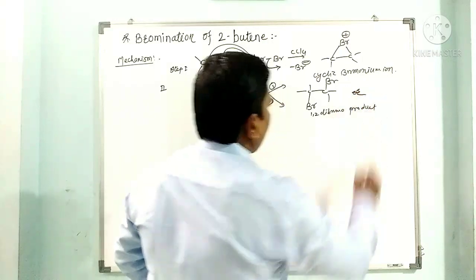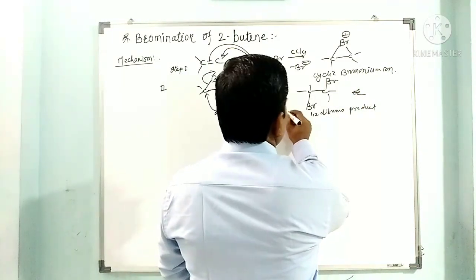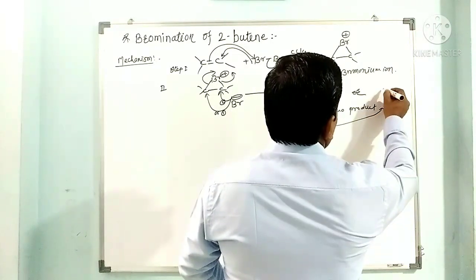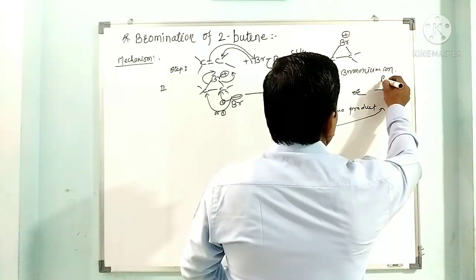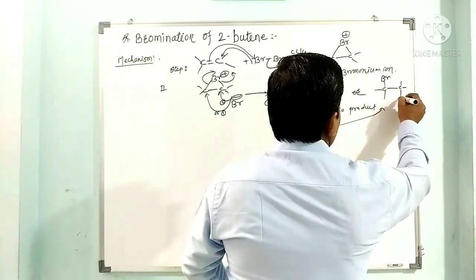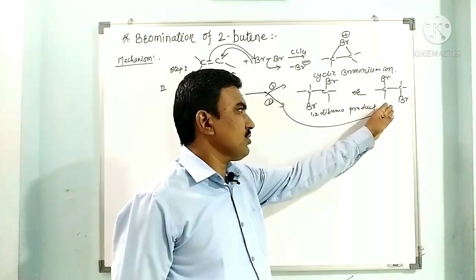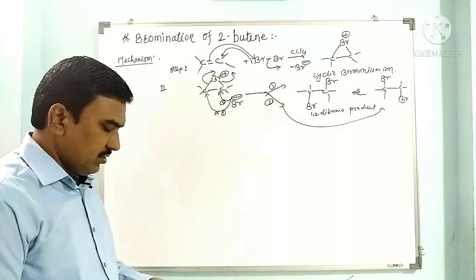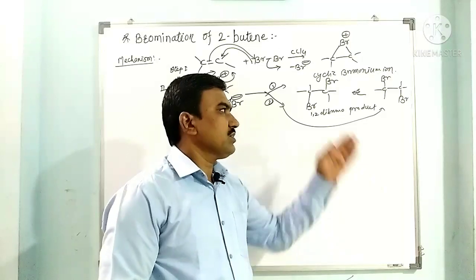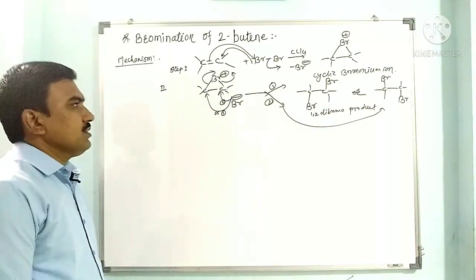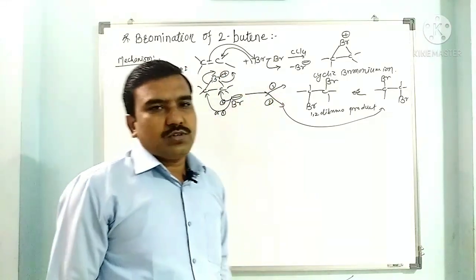Or when this bromine attacks on this, means in the second route, here this bromine goes to this carbon and this bromine attaches to this. So in this way, either this 1,2-dibromo product or this 1,2-dibromo product we can get, or a mixture of such isomers we can get. When these are stereoisomers, we may get a mixture of products. So this bromide can attack on this carbon or this carbon, gives a 1,2-dibromo product.